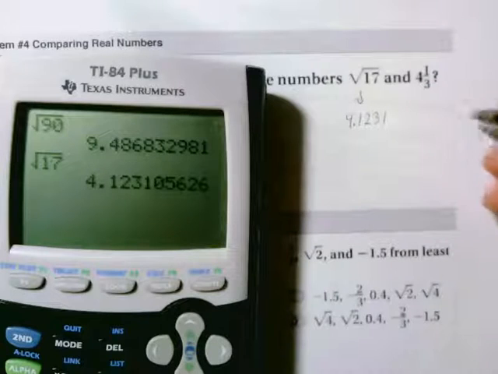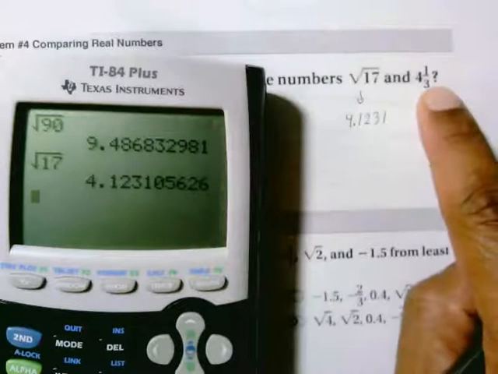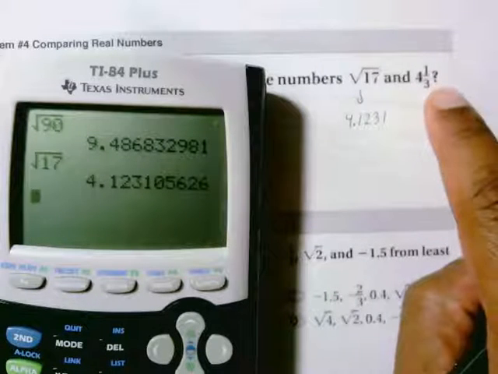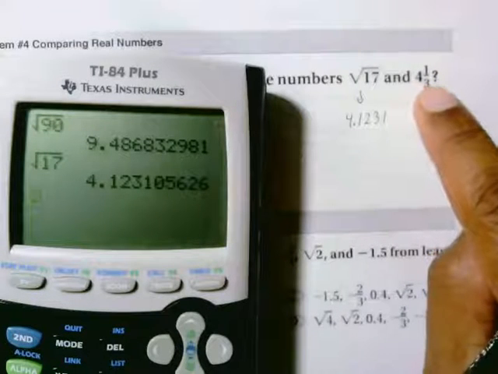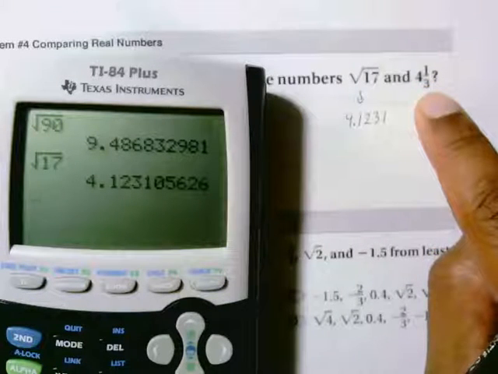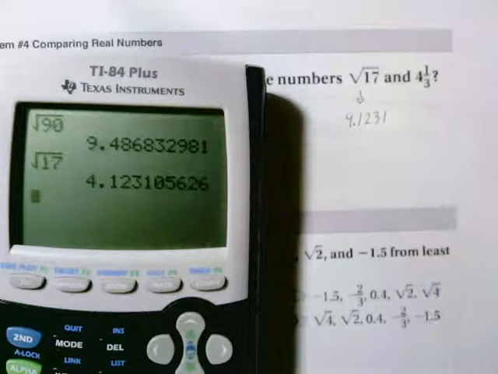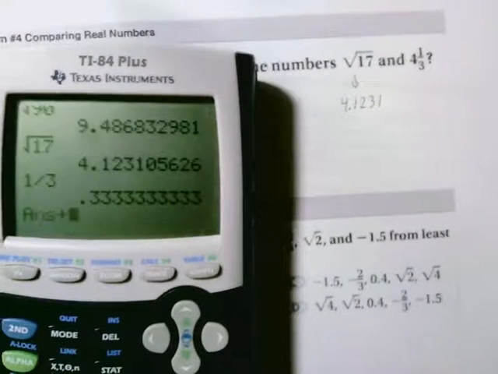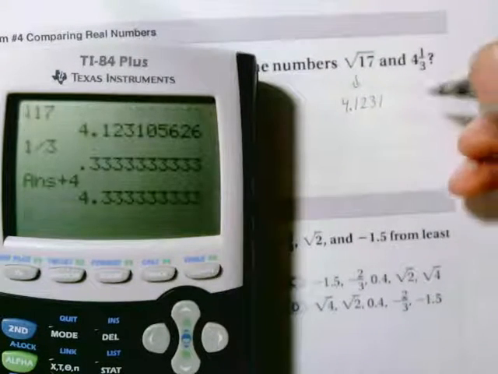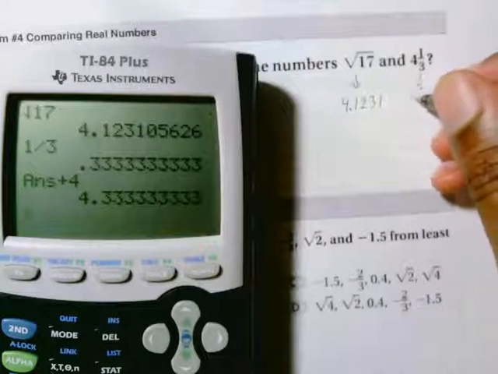And this one, this one's a little tougher. How do you do a mixed fraction? Sometimes this one means 4 plus 1/3, so 4 and a little more than a third. So I'm going to do 1/3 first. I'm going to add 4 to it. So this means